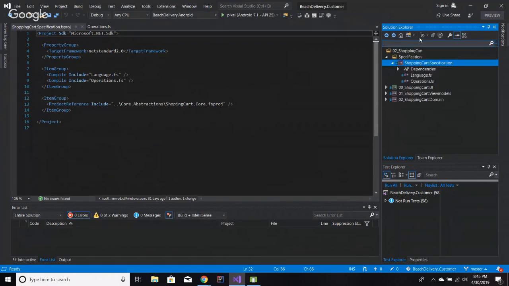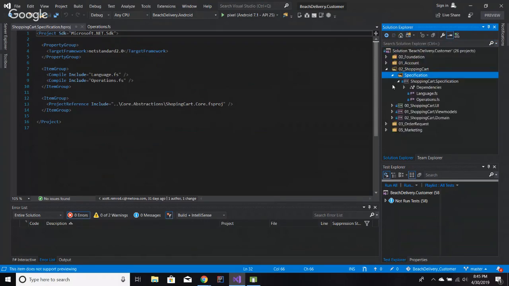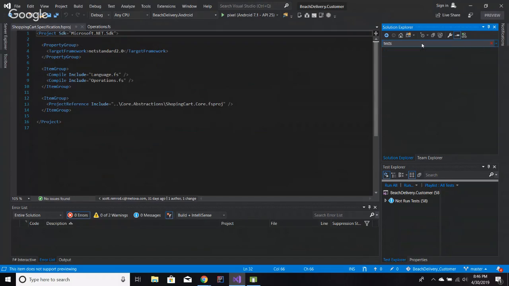Nothing's showing up at all. If I, well, hold up, that might be my bad. Yeah, there should be a test in here. Now, if I type in tests, we have